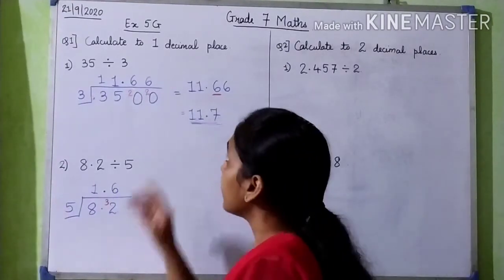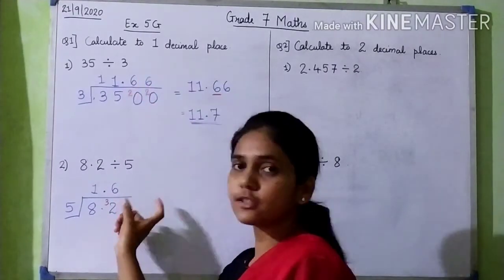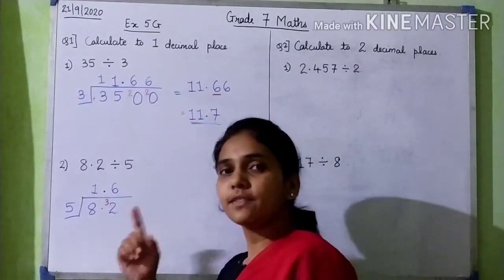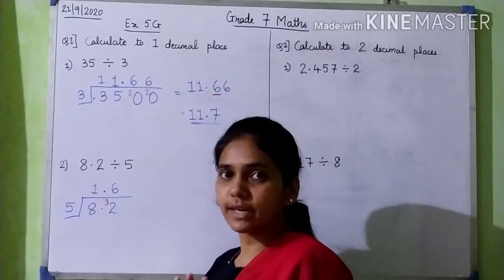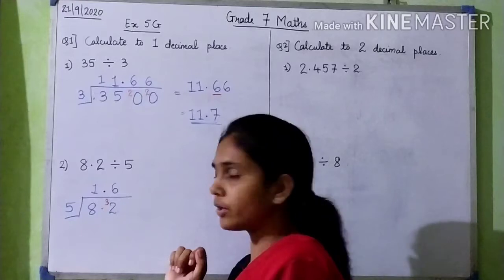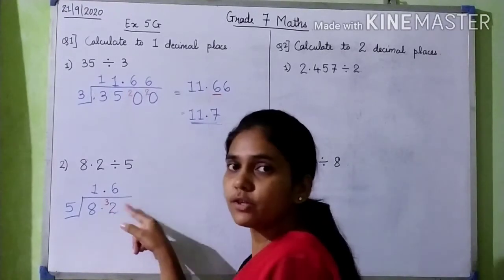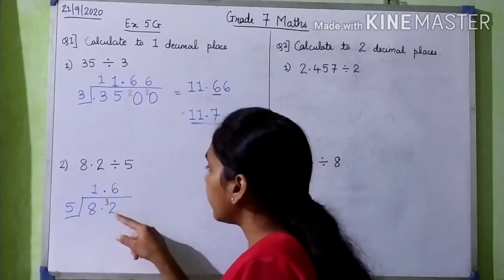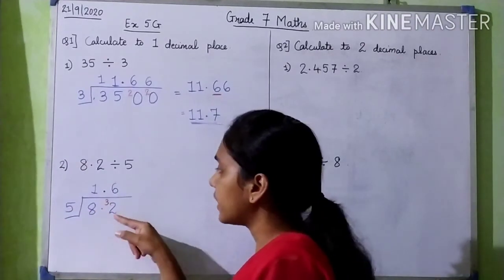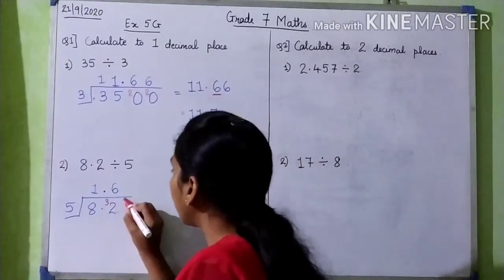And as I told you, if they have told us to calculate up to one decimal place, we have to find the answer to 2 decimal places and then round it off to one decimal place. So here I need one more digit. So what will I do? I will carry the remaining number onto the next one. So what will be carried? We know that 5 sixes are 30 and the number is 32. So 32 minus 30 is 2. So 2 will be carried.